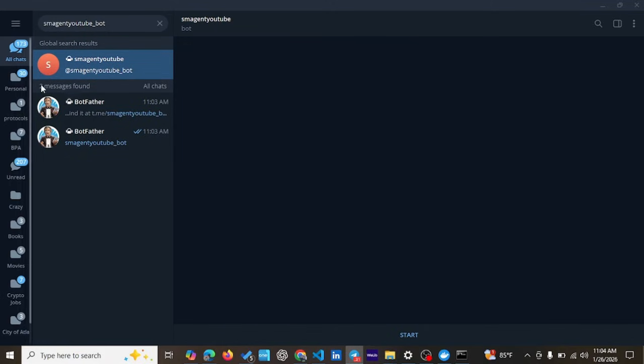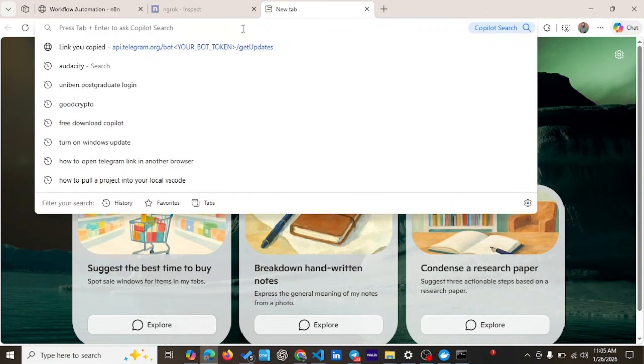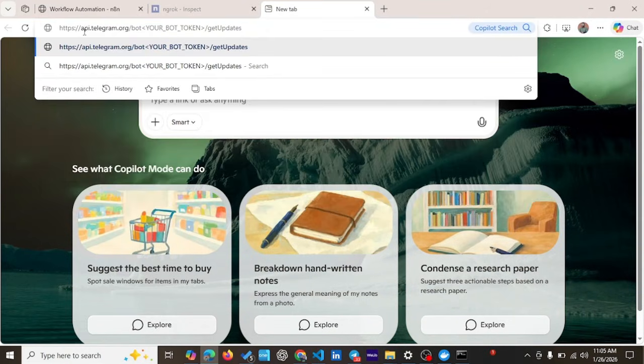We click on it, and then you click on start, right? Now, once you've done this, you've interacted. The idea of all of this is to interact with the bots. Okay, so once you've interacted with the bots that you created, you're going to come here and go to